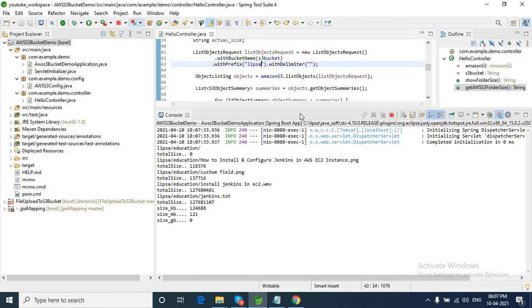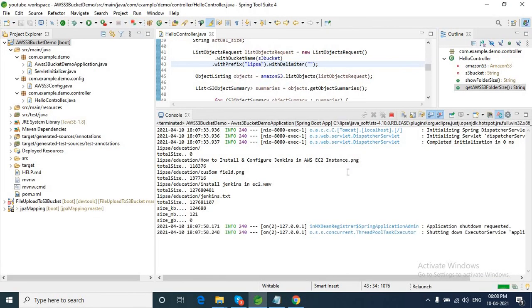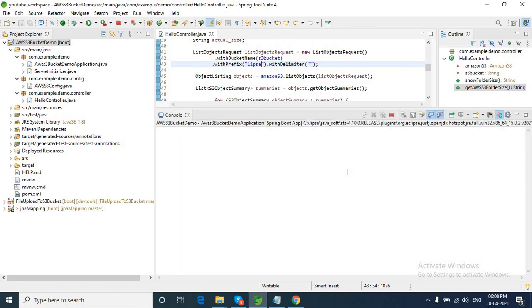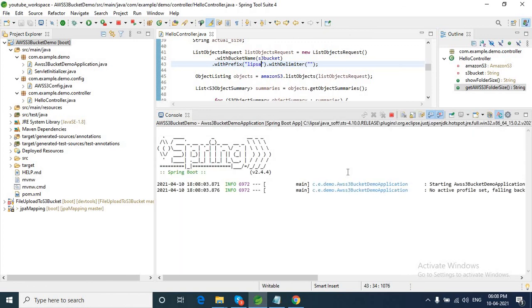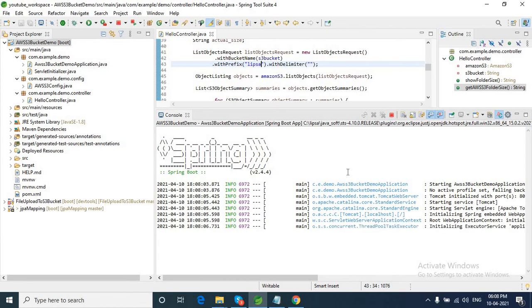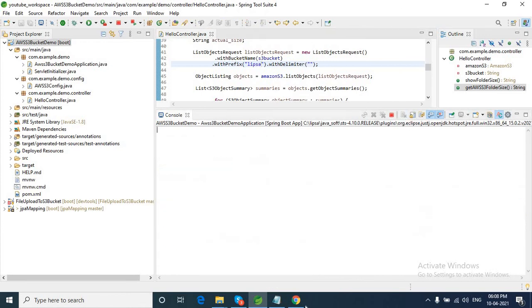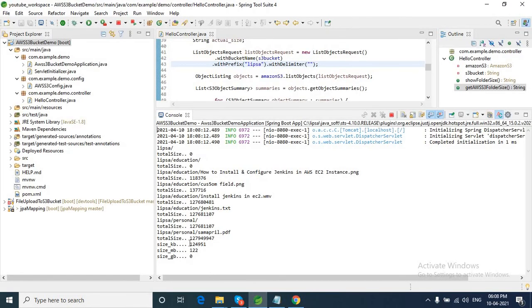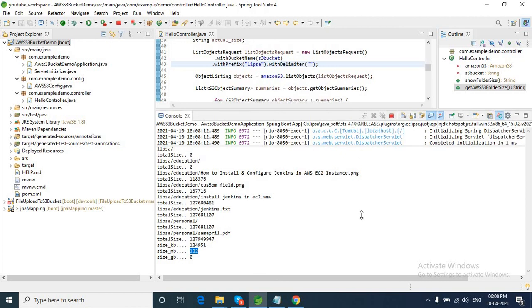So let's run the application again. Okay, so application started. Just check what is the folder size. Okay, 122 MB. Clear? So this is the total size in bytes. We converted it, so it gives us the folder size in MB.